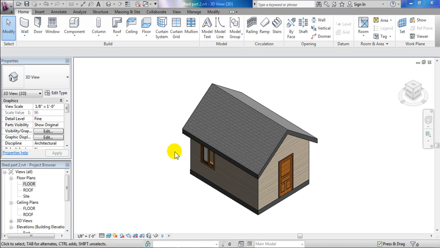Now that we've completed our shed, the basic part of our shed, we're going to add a floor around the shed that's basically going to be made of grass. And we're going to add some trees and some people just to give it an ambient feel that it's being in use. And so I'm going to go to my floor plan, floor view,